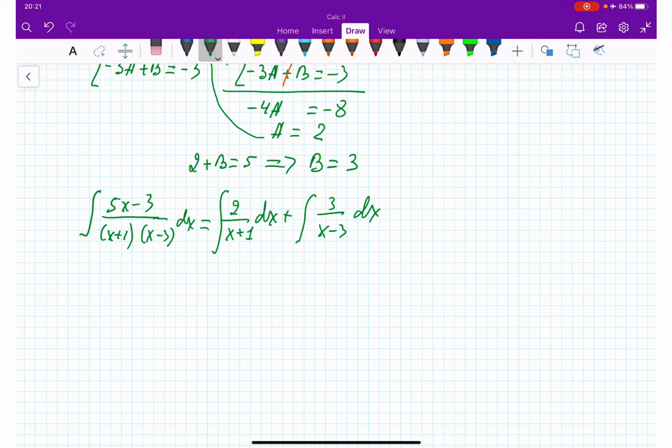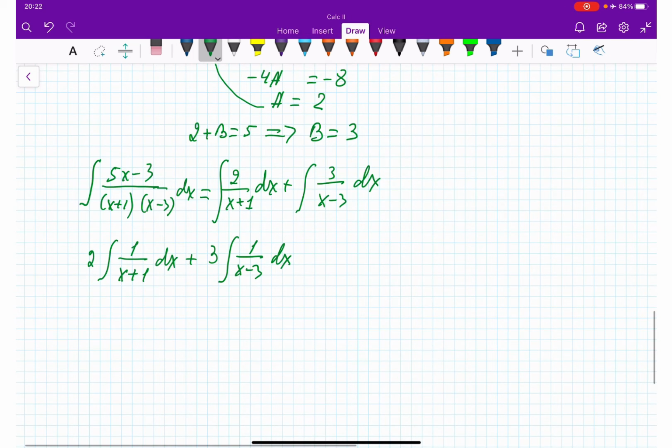So from here, I'm taking 2 out, and I get the integral of 1 over x plus 1 dx plus 3 times the integral of 1 over x minus 3 dx. And from here, we are getting 2 natural logarithm of x plus 1 plus 3 natural logarithm of x minus 3